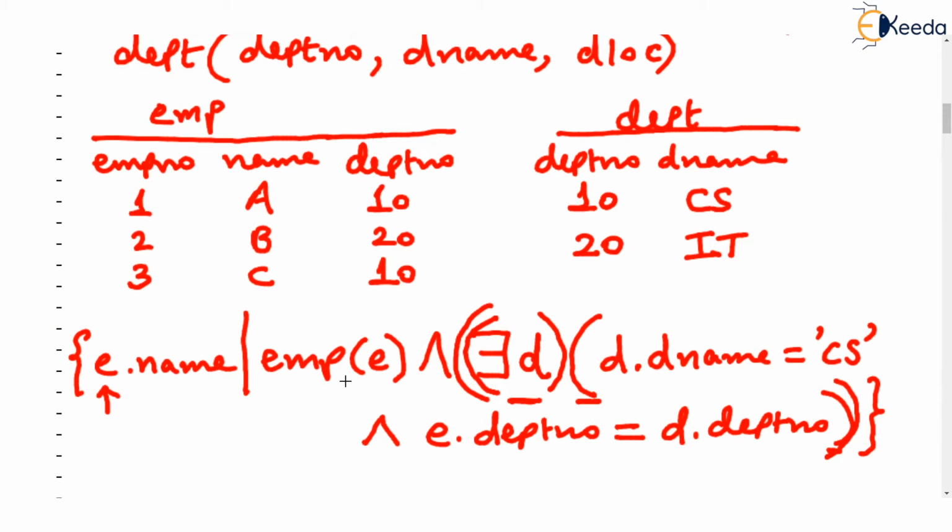So in TRC, this E will first go to the very first tuple of the EMP relation. Check the point. E is at the first tuple of the EMP relation. Now read what is written after this and. We have written there exists D, and D should be described very well, isn't it? What is D? Whenever you put a tuple variable, D is a tuple variable,